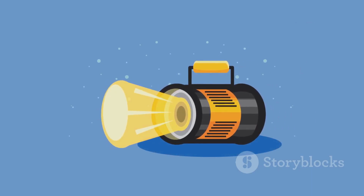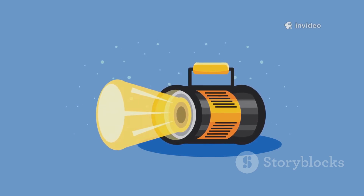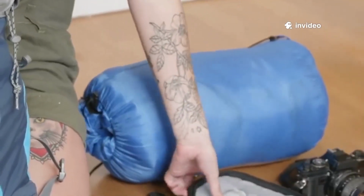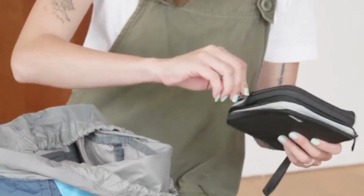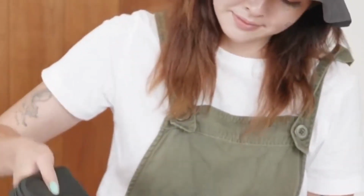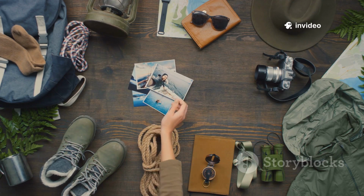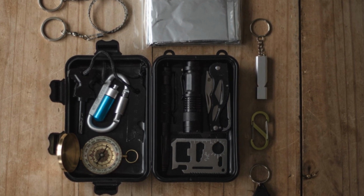We're about to reveal the forgotten essentials, the tiny titans of survival that most people never think to pack, but could save your life. Your bug-out bag is more than just a collection of items. It's a carefully curated survival toolkit designed to get you from danger to safety, not to provide comfort or luxury. Every single item must be reliable, multi-use, and ruthlessly selected for its ability to help you adapt and overcome unexpected